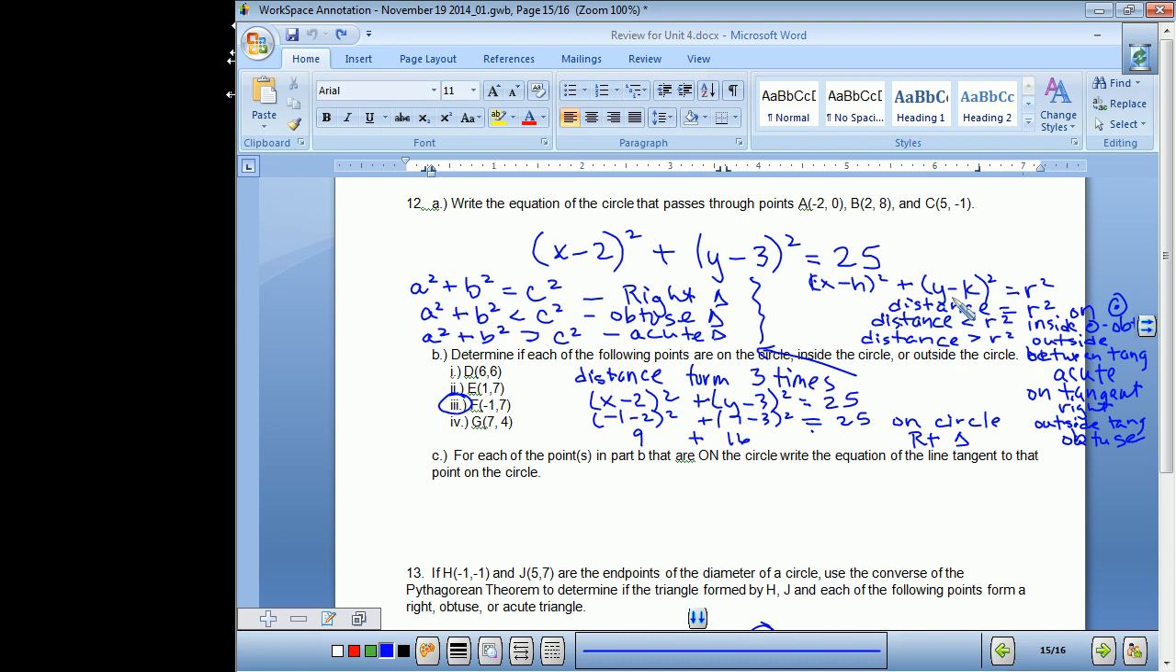What about if it's in between? Acute. If it's on the tangent, right, outside the tangent, obtuse. Oh. So the reason that